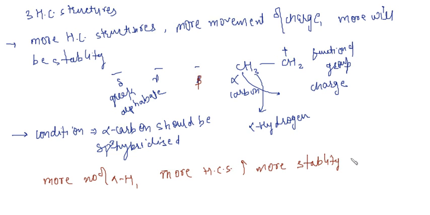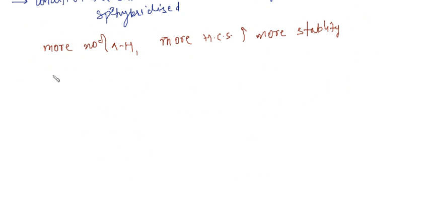Stability of charge means stability of the compound. And the number of alpha hydrogens equals the number of no bond